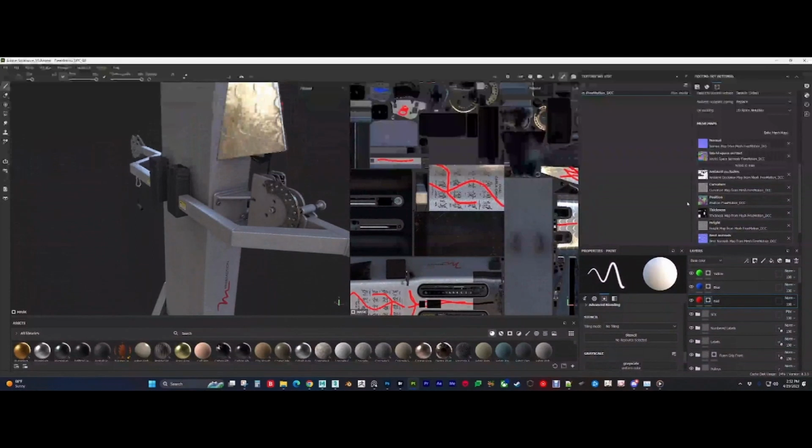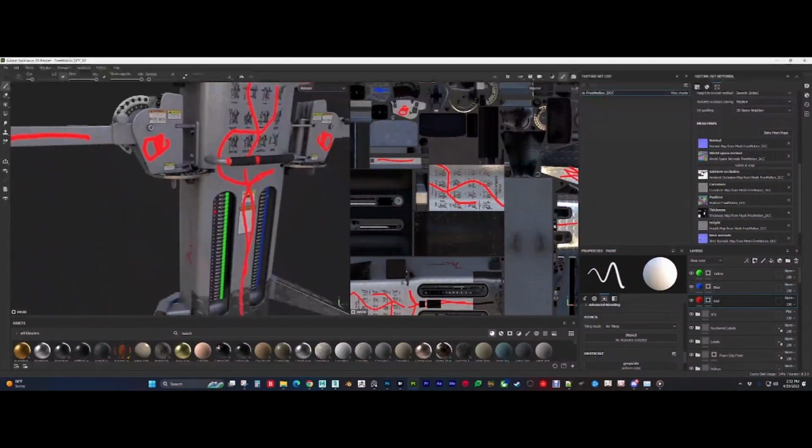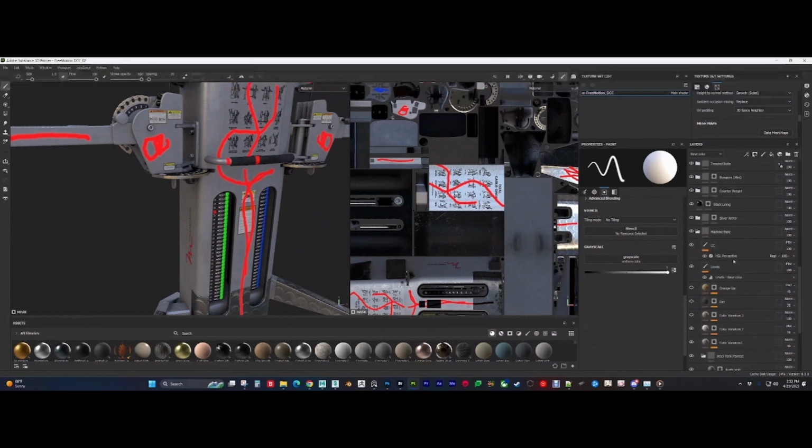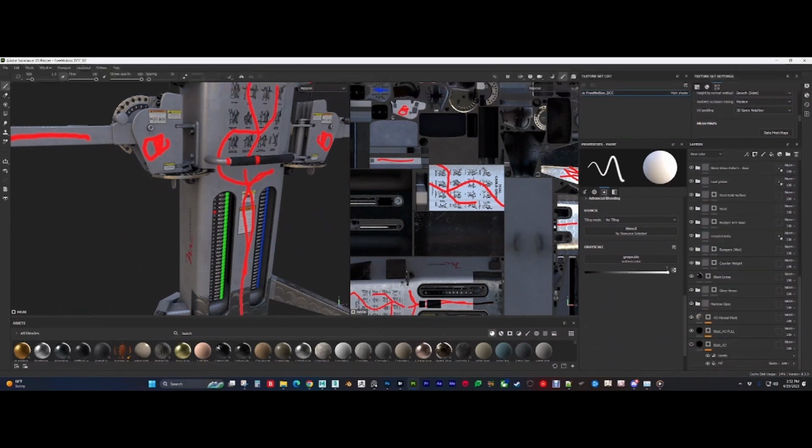There's a lot of stuff I could go into with texturing, but we don't have time for that. So overall, with my texturing, I start from a base layer. I'll show you this really quick. So another thing,